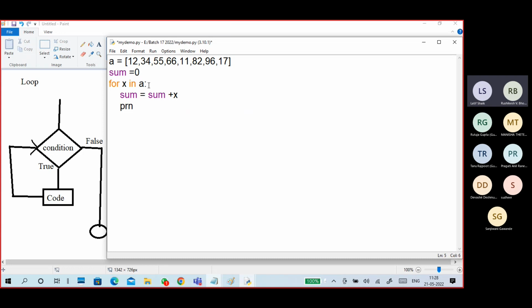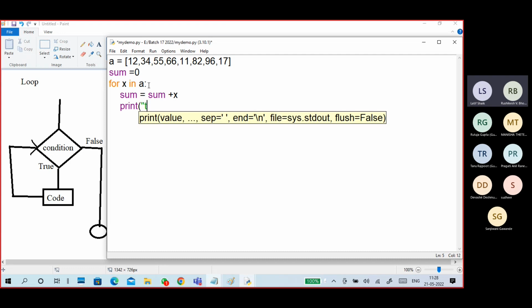Then I put a print statement: print total of values in A is